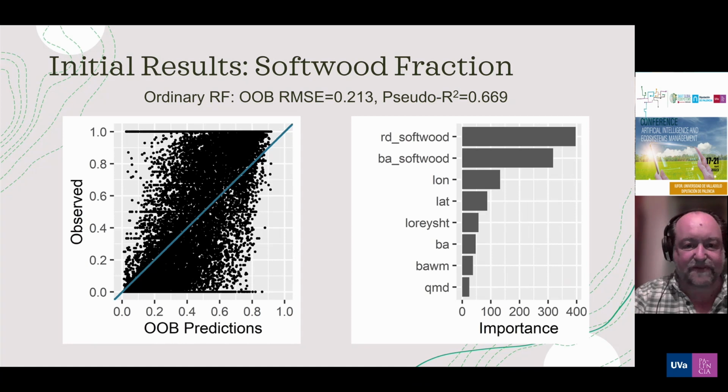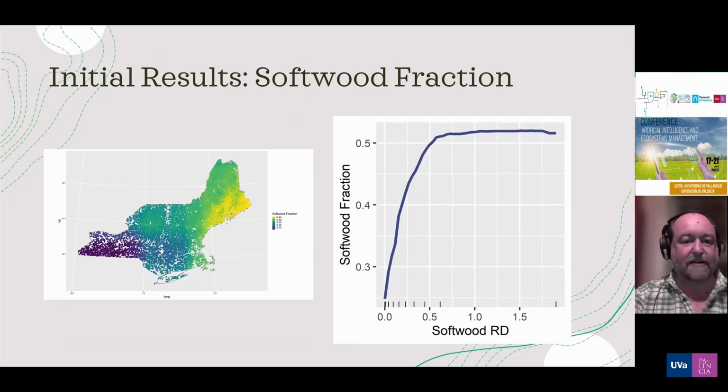We could tunnel in on that more. We could try even more advanced flavors of random forest. We're going to take a pragmatic approach for today and see how close to random forest does just out of the box. Again, here's a really sharp breakdown on the importance scores with relative density of softwood, followed by basal area of softwood, that overstory composition now really driving the understory composition, which isn't a big surprise. A much weaker spatial pattern and a really, really strong pattern in a primary set of predictors related to overstory